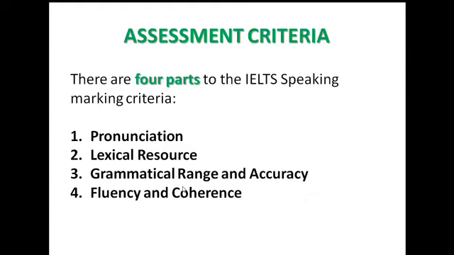Now, let's come to the assessment criteria, students. Okay. As you all know, there are 4 main parts to the IELTS speaking marking criteria. I repeat, there are 4 main parts to the IELTS speaking marking criteria. That is pronunciation, the very first one. Then we have lexical resource. Then we have grammatical range and accuracy, and last, fluency and coherence. What I mean is, the examiner never judges you on the exact relevancy to the questions or the topic. You could even go close to the relevancy, okay?